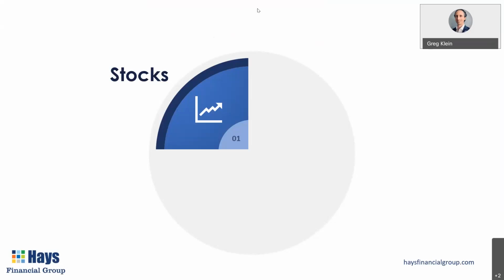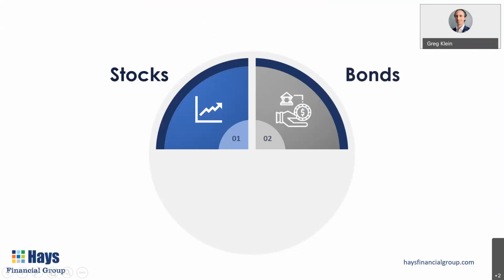And then stocks, they call them equities because your ownership, you're buying a little piece of a company. And in your 401k, 403b, you're going to buy into dozens or hundreds of different companies. So stocks, that'll make up a big chunk of your portfolio. Bonds are another piece that will make up a portion of your portfolio. They're going to be lower risk.